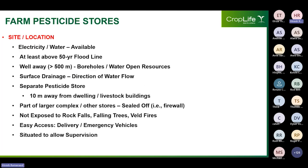Okay, so the site location criteria for farmers to take note of when deciding to erect pesticide stores are as follows. Electricity and water must be available. Power supply should be reliable with good water flow. The store must be situated above the 50-year flood line, but preferably above the 100-year flood line. Farm stores must be situated more than 500 meters away from rivers, dams, boreholes, and any areas likely to be